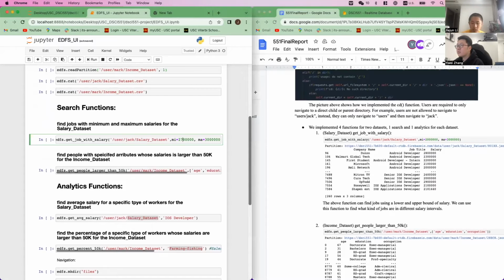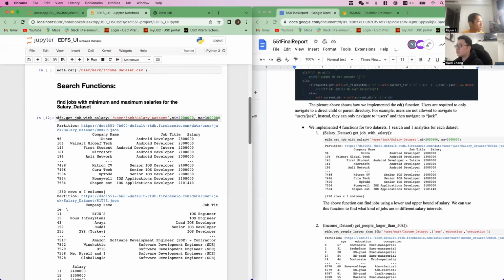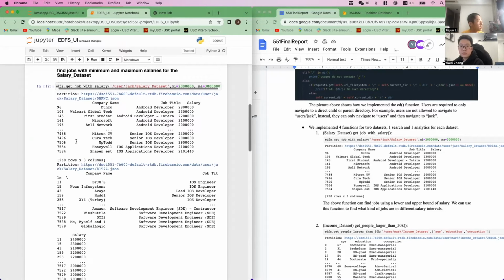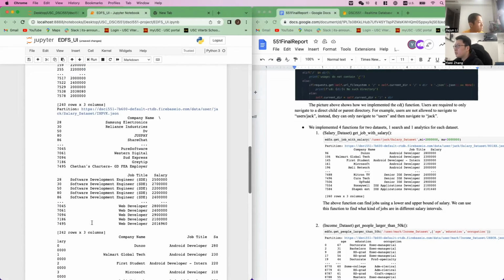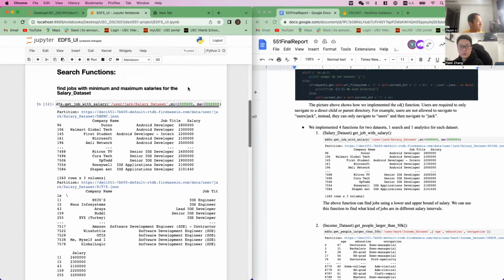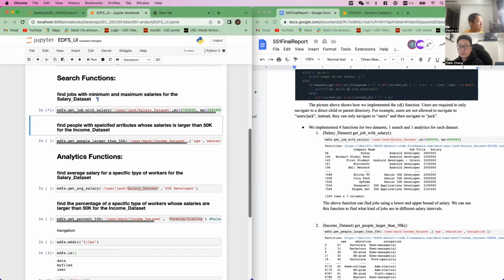So right now I set the lower boundary to 200,000 and the upper boundary to 300,000. If I run these functions, it will give me the result for each partition. So we can see, for the first partition, there are 260 jobs whose salary is in this interval. And for the second partition, there are 240, and in total there are 742. So if we change the boundary a little bit, say we change the lower bound to 270 and run this function again,